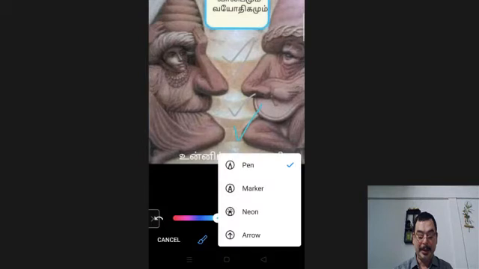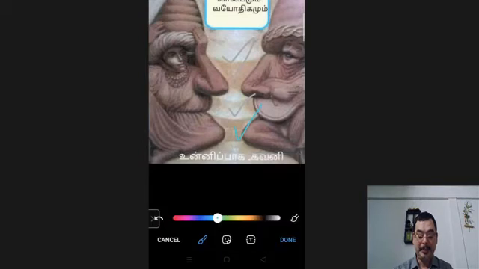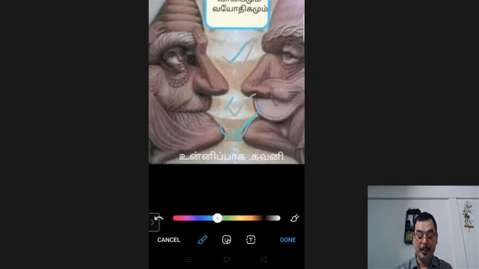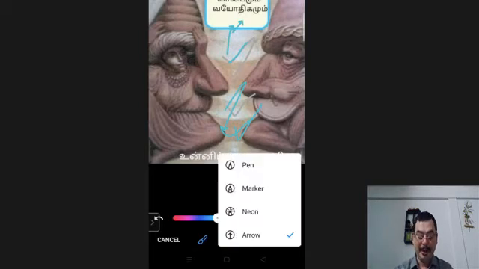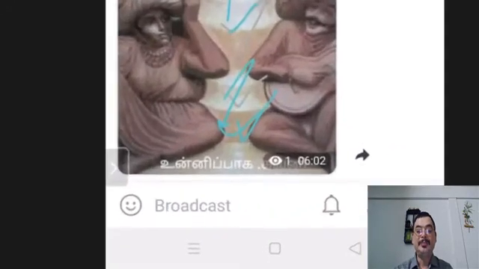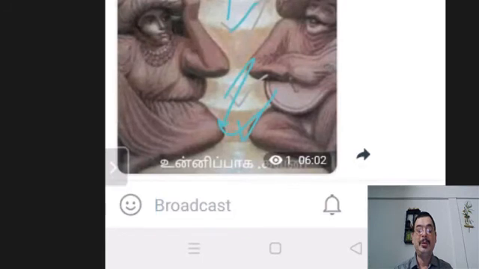You can see I can make the marker pen also here. See, it becomes thicker, and you can change the color. Marker pen can make it an arrow. See, wherever I draw, it will become an arrow. At the end of the thing, there will be an arrow. So I can do everything, and when I say it is done, I can just send the message. You can see my edited message has been sent.